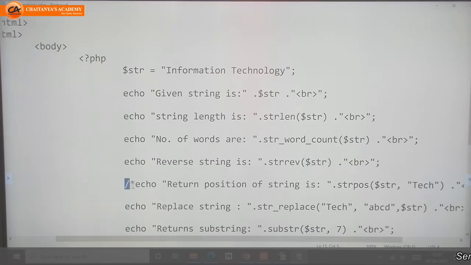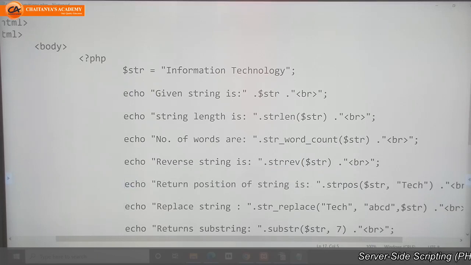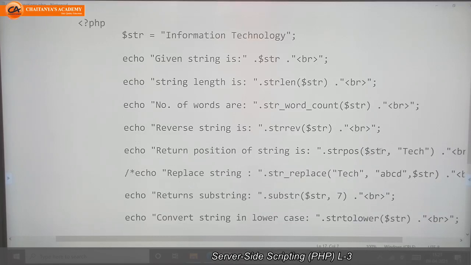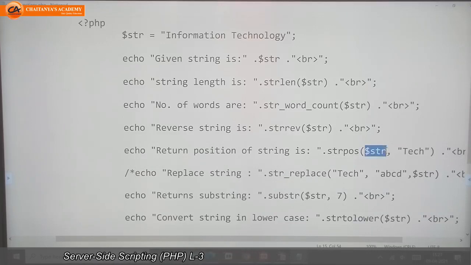Next we'll see, if we want to return the position of a string, then we'll use strpos, and in brackets pass the name of the string or the name of the variable in which you want to search for the position, and which string's position you need. You need to pass 2 parameters.